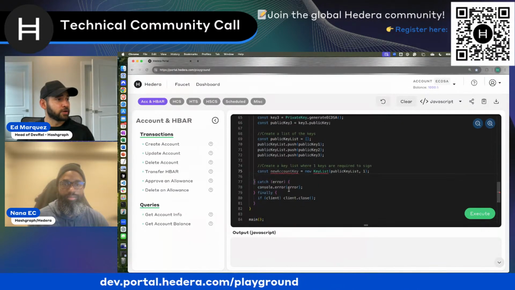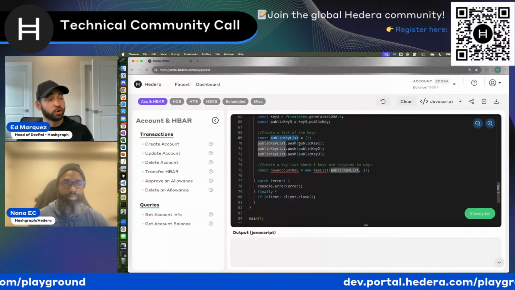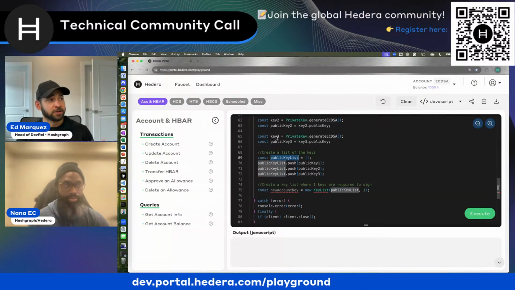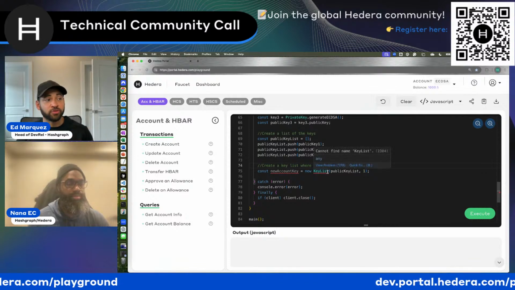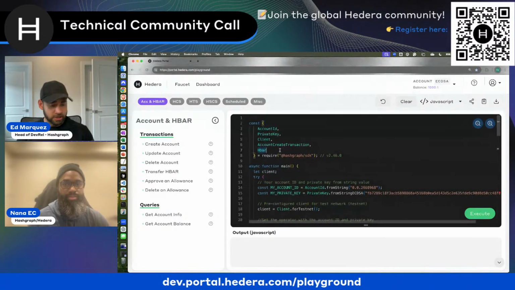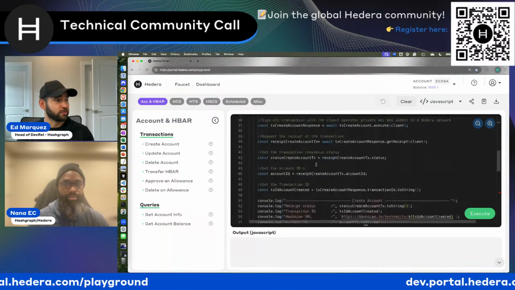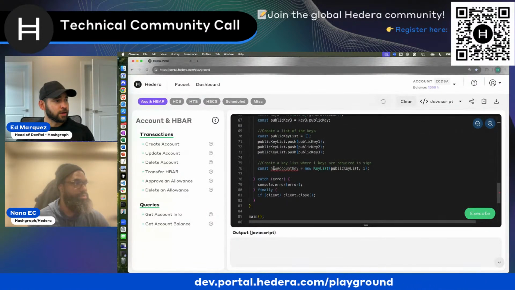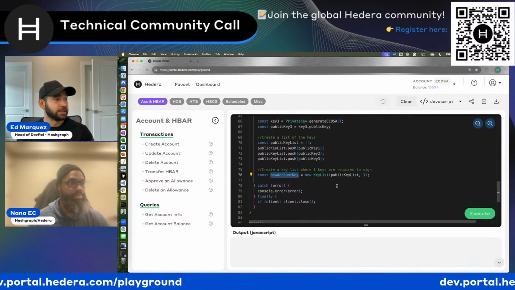And then in addition to that, we're going to create this empty array of keys, and we're going to push those public keys into that array, right? So now our public key list contains those 3 public keys. And here is how we create that threshold key. We do so with the key list class of the SDK. We're going to make sure that that gets included in our imports. And here's the variable where we have our public key list.